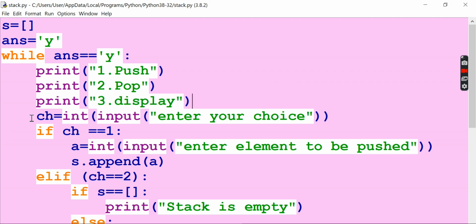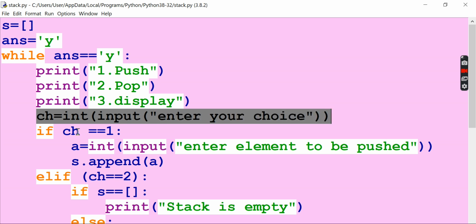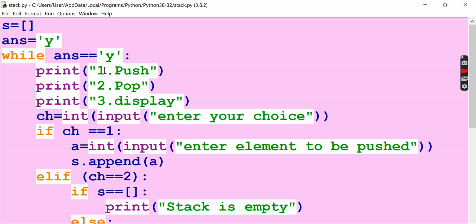You are going to get a choice, CH, and if the choice is 1, that means push, right? If the choice is 1, then you ask the user for an element to be pushed onto this particular stack. He will give some element, 10, 20, anything, so that element will now be appended to